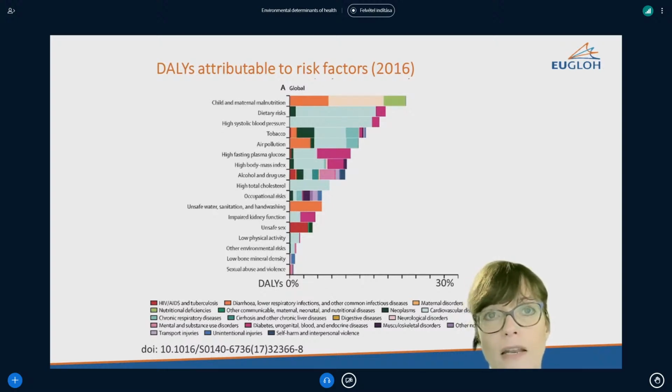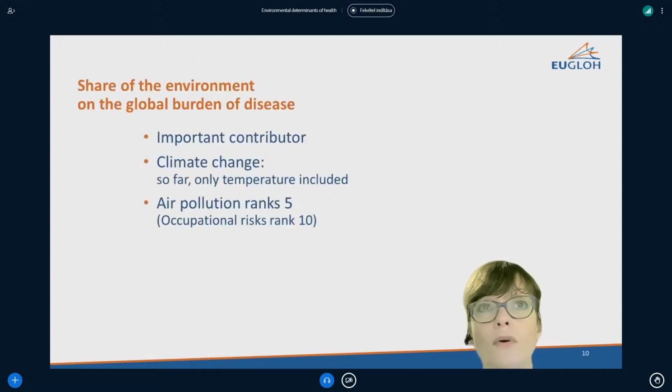Their rank was 10, followed by unsafe water and sanitation, which still is a problem and might even be more a problem with the ongoing climate change. So in summary, the environment is an important contributor to the global burden of disease. This means if we improve the health of the environment, we will also improve